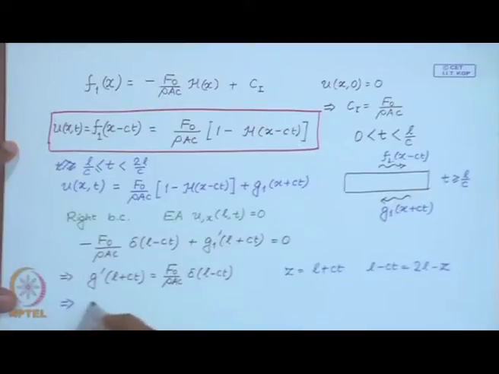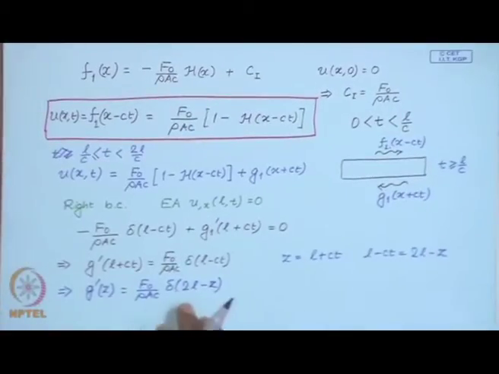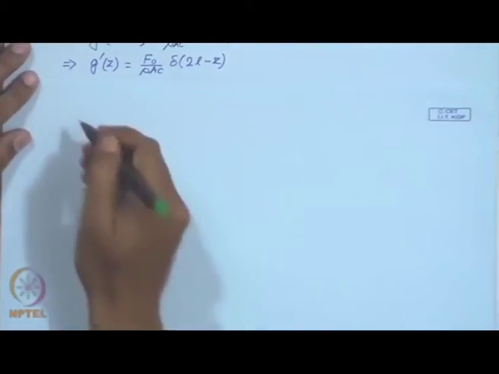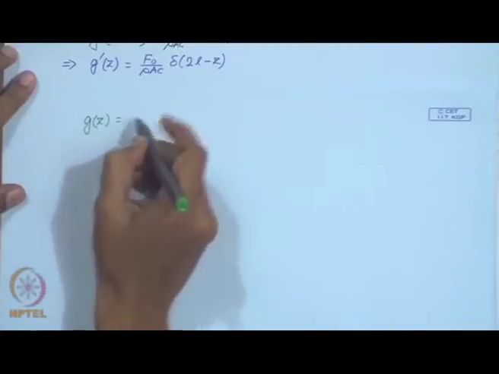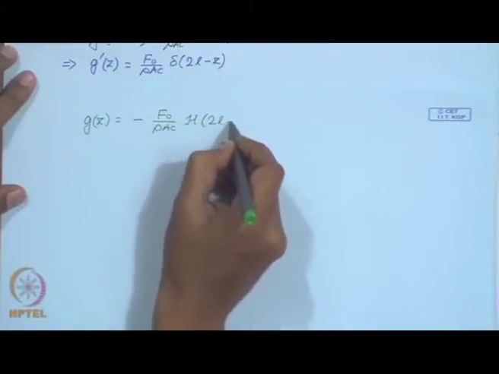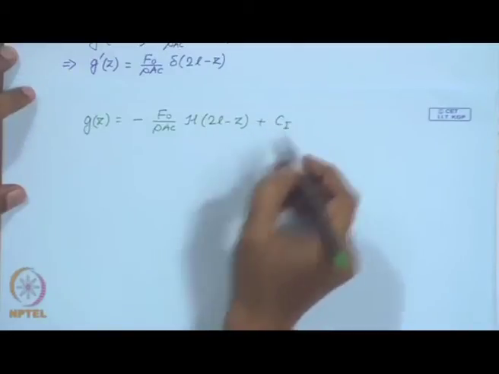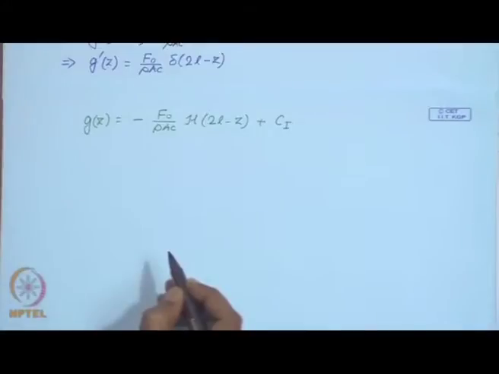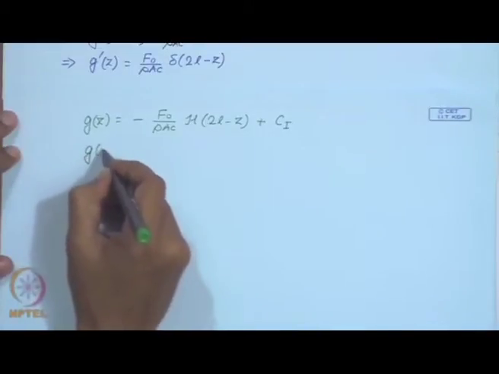So then this I can write, so G prime is given by this expression, and if you integrate this expression, again C 1 is the integration constant. So, G of x plus c t